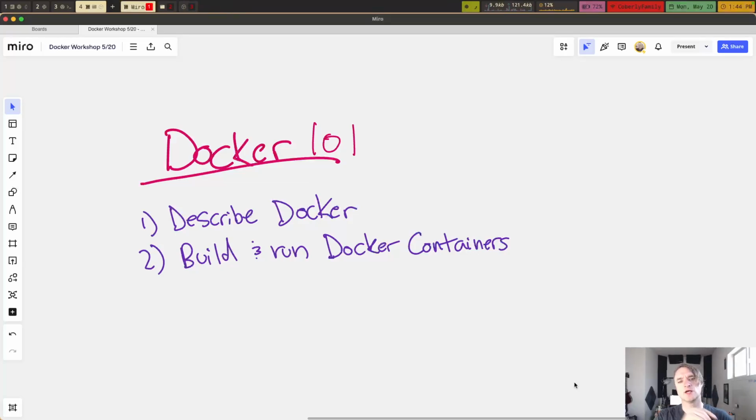My name is Kyle Koberly, and I am going to teach you about Docker today. Specifically, by the end of this, you should be able to describe Docker, and you should be able to build and run Docker containers. That's enough to be dangerous with. So, describing Docker,